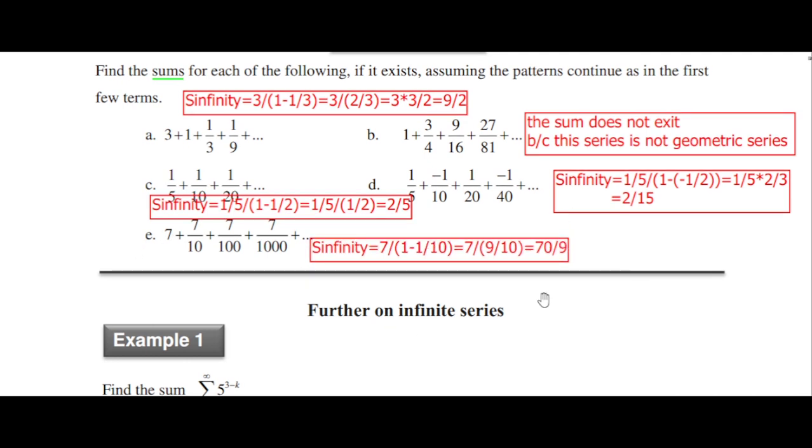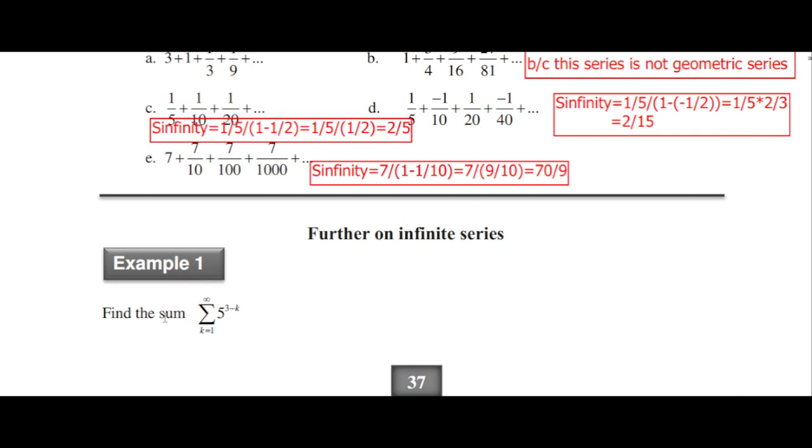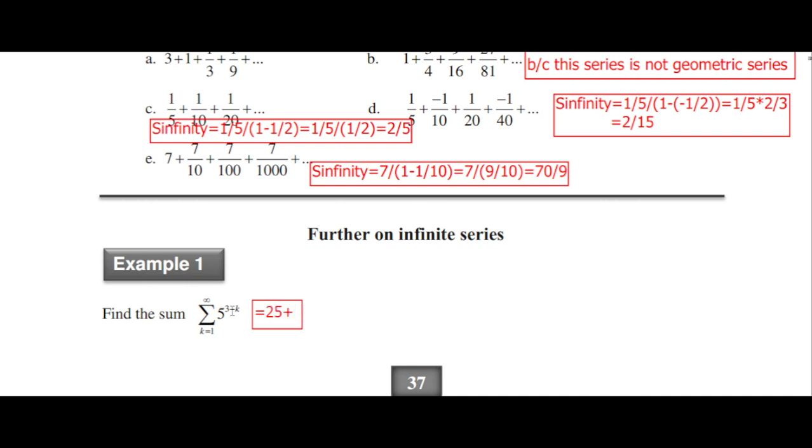Further on infinite series. Example 1, find the sum. Let's compute this first. Let's expand some terms for this one. This is equal to, when k is equal to 1, 5 to the power of 3 minus 1, 3 minus 1 is 2, 5 squared, 25, plus, when k is equal to 2, 3 minus 2 is 1, 5 to the power of 1 is 5, plus, when k is equal to 3,